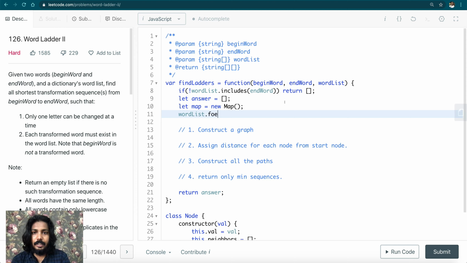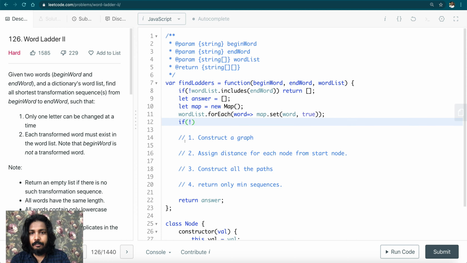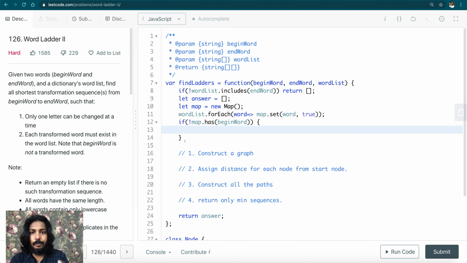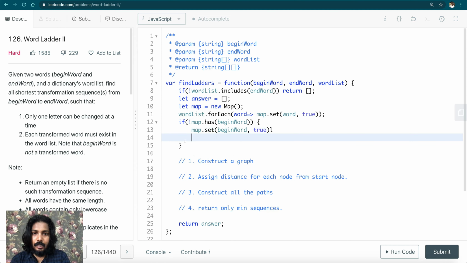dot for each word, then if, okay, just say if map dot set word true. All right, we have to make sure if the map does not have begin word, we have to make sure that it has. So we include that in the beginning. So map dot set begin word true and